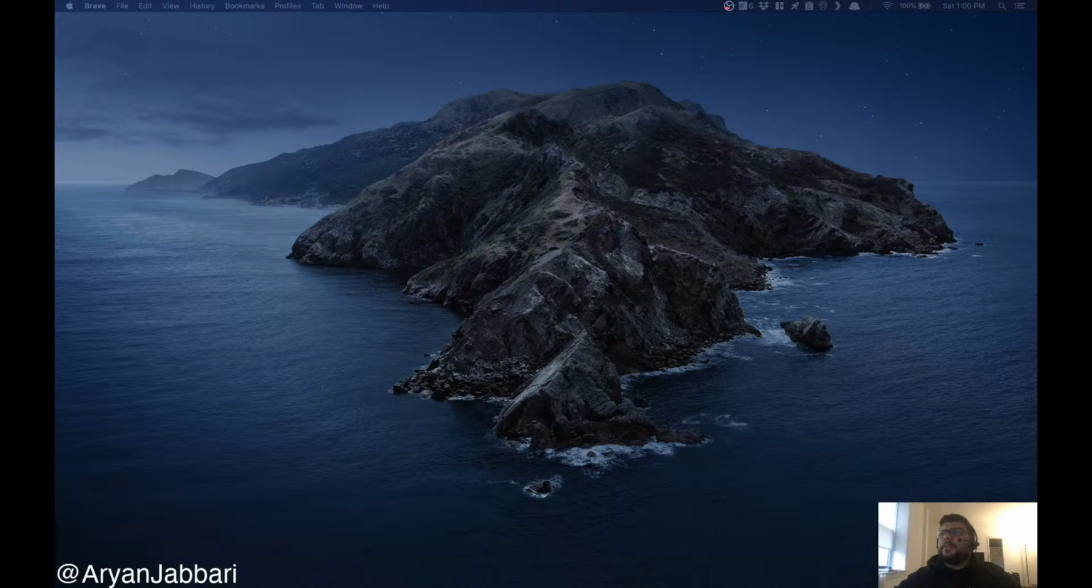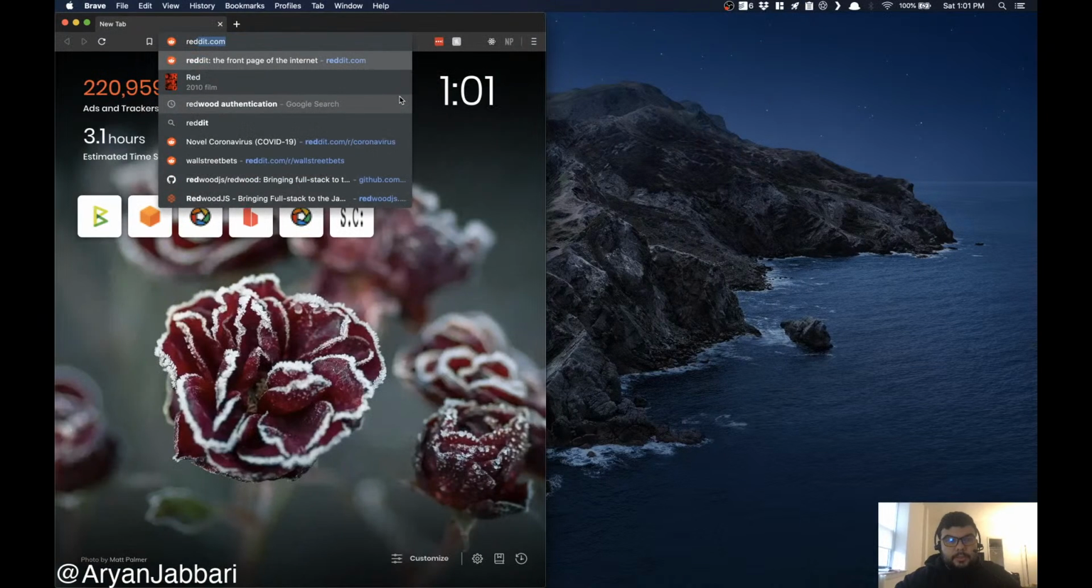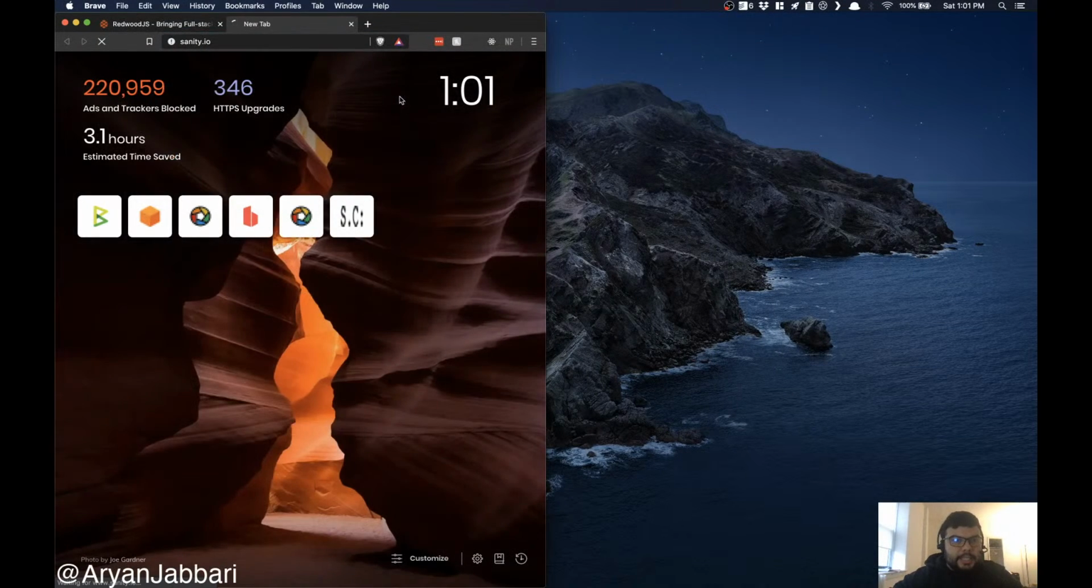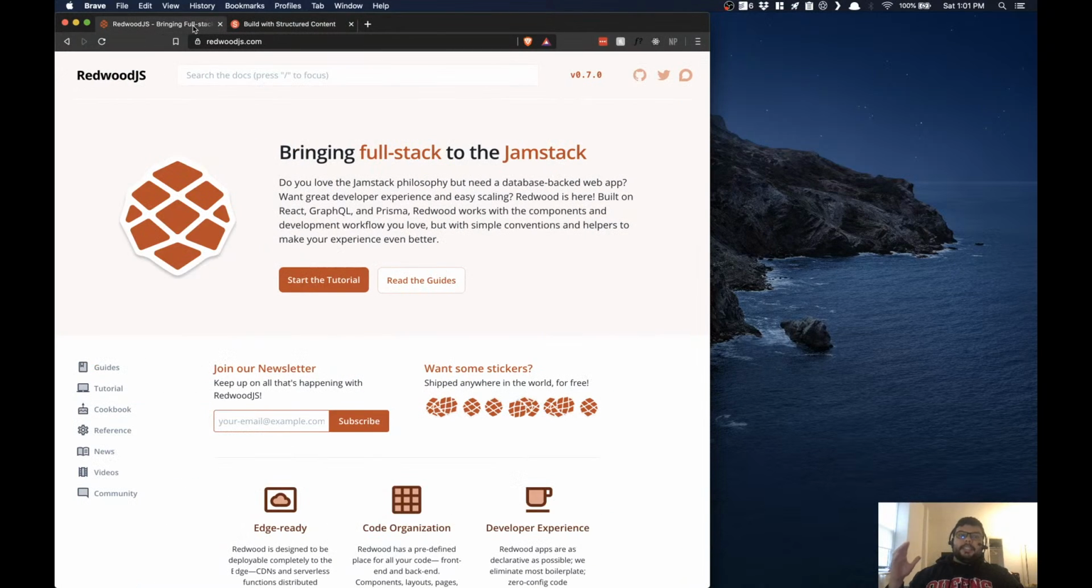Why not have some fun with some Sanity and some Redwood? These are two of my favorite applications, so let's jump right into that. What Redwood is, and what Sanity is. What Redwood is, basically,